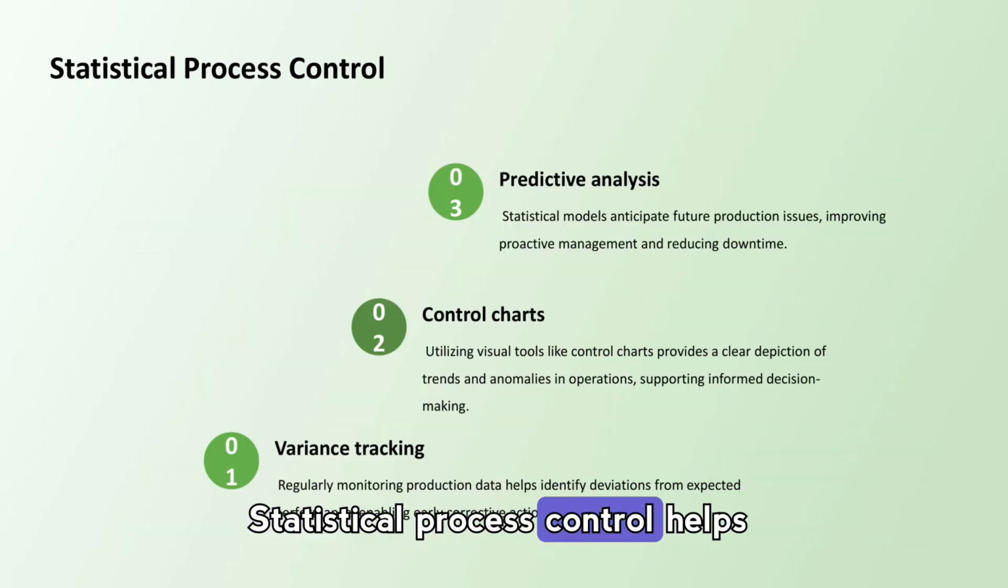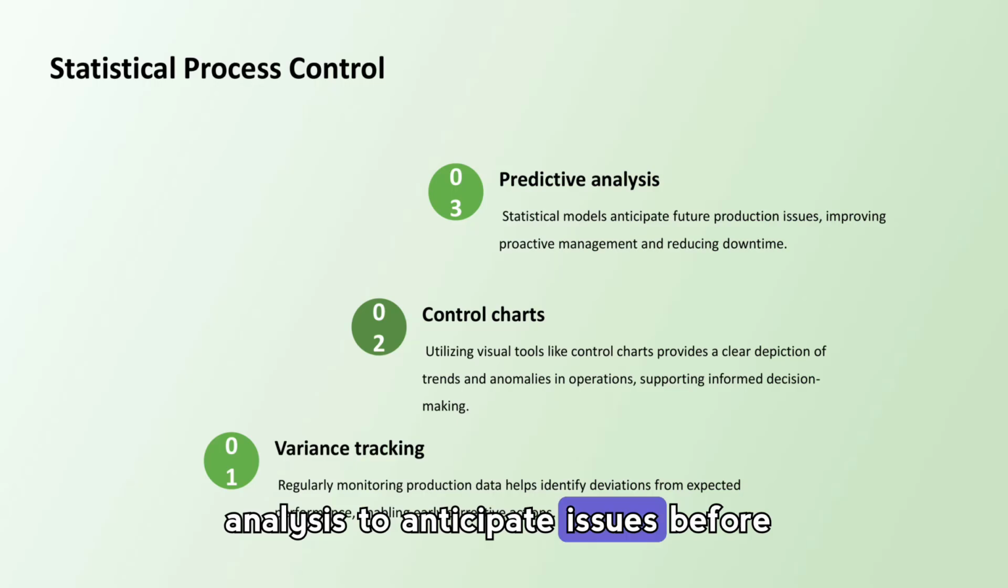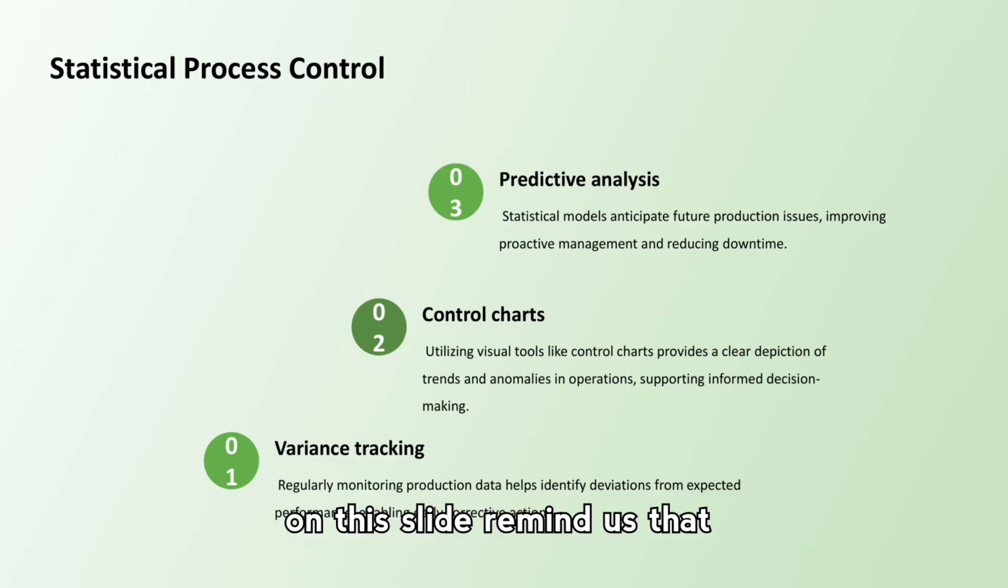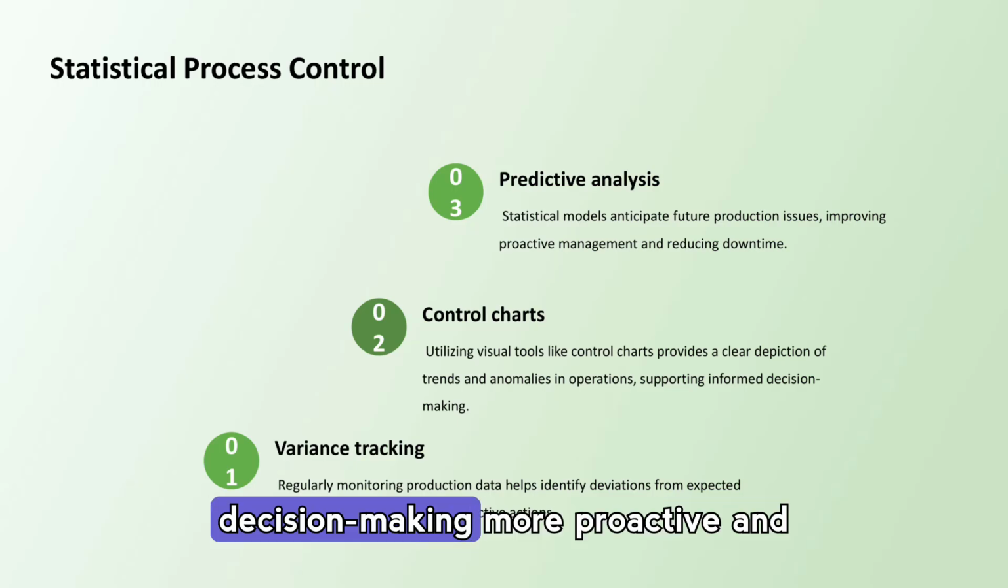Statistical process control helps managers monitor variance, use control charts to visualize trends and anomalies, and employ predictive analysis to anticipate issues before they escalate. The ascending steps on this slide remind us that combining regular measurement with visual tools and forecasting makes decision-making more